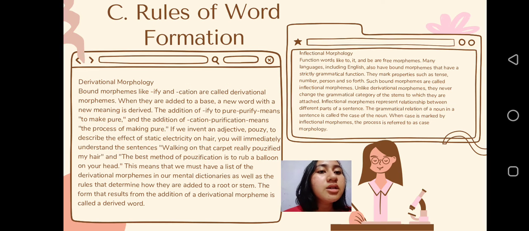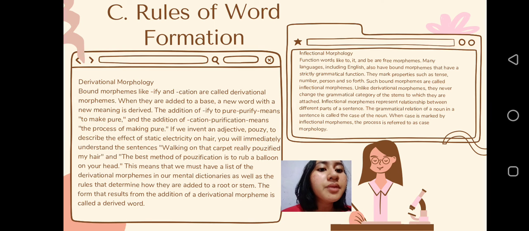Next, see rules of word formation. First, derivational morphology. Morphemes like -ify and -cation are called derivational morphemes. When they are added to a base, a new word with a new meaning is derived. The addition of -ify to pure, purify, means to make pure, and the addition of -cation, purification, means the process of